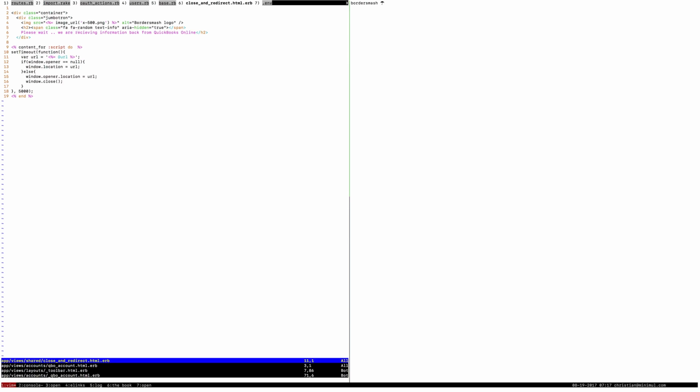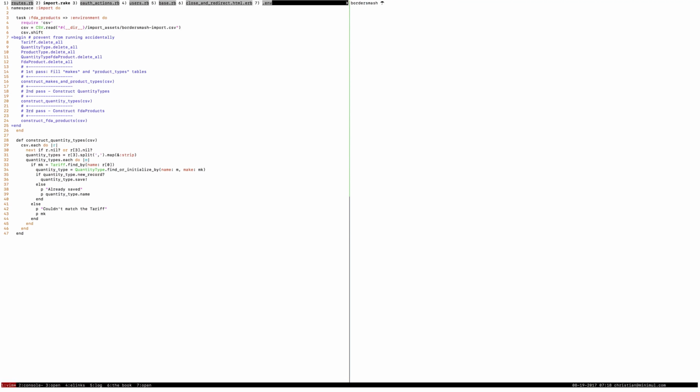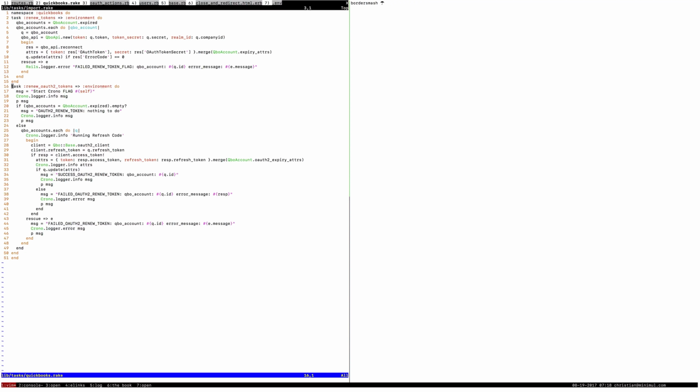But let's get into this auto renew code I've been talking about. So once you get the refresh token, you can use this refresh token to renew the access token. So the access token is good for 1 hour. You can renew it at any time within that 1 hour. Now, I should mention, okay,